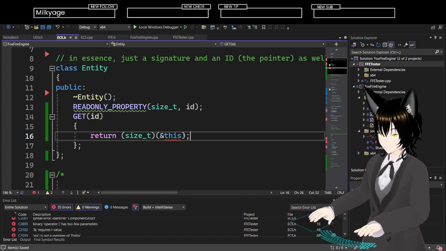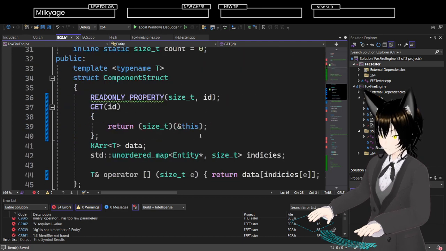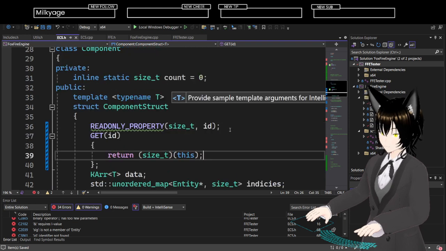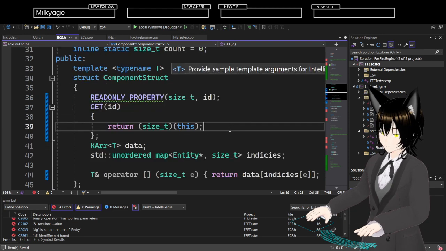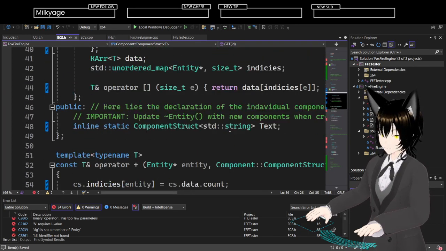Well, this shouldn't need to be an L value. Oh, ampersand requires an L value. What? Oh, because it is a pointer. I just need to... Yeah, okay. That makes a lot more sense.